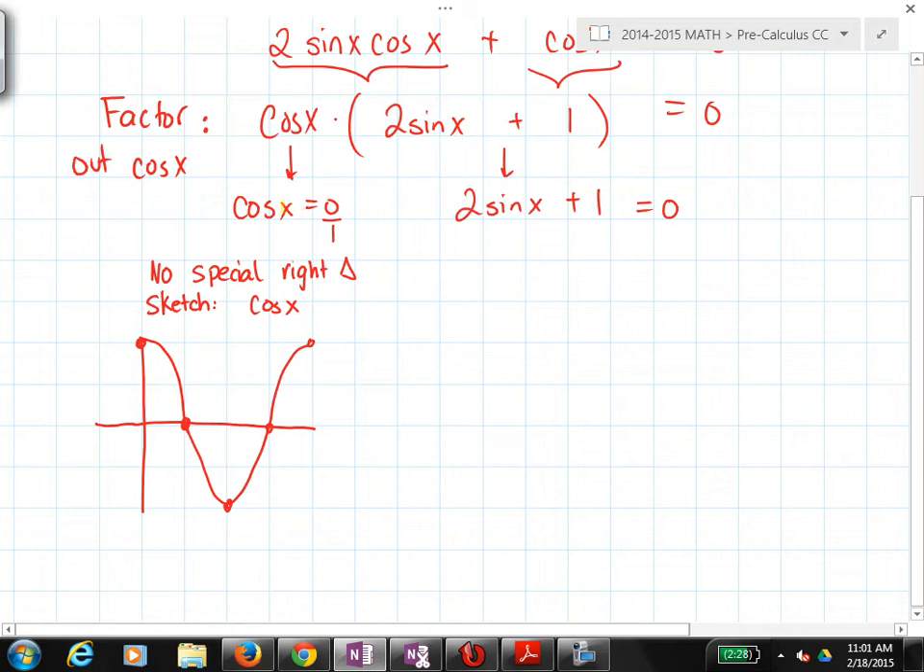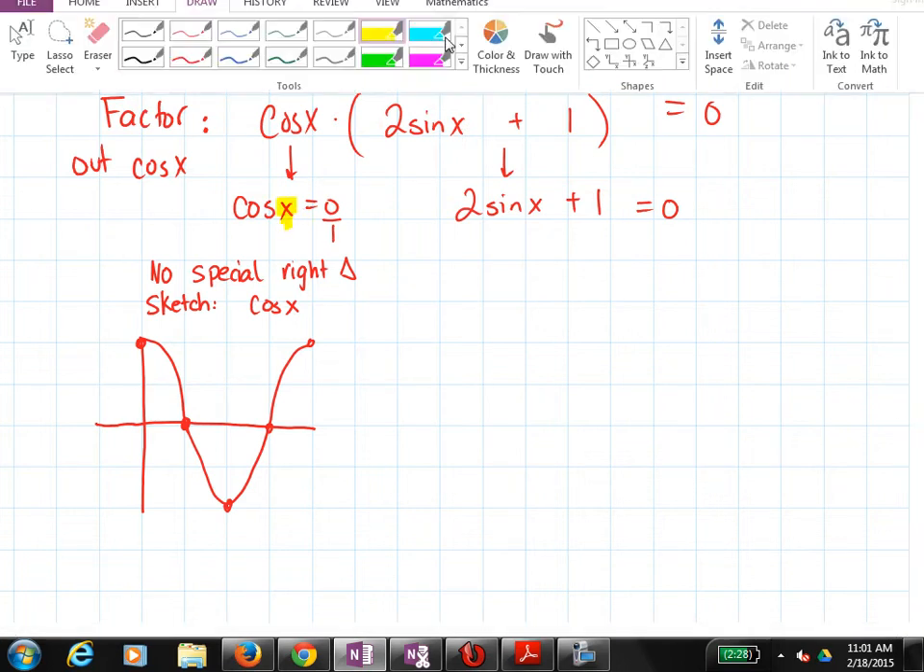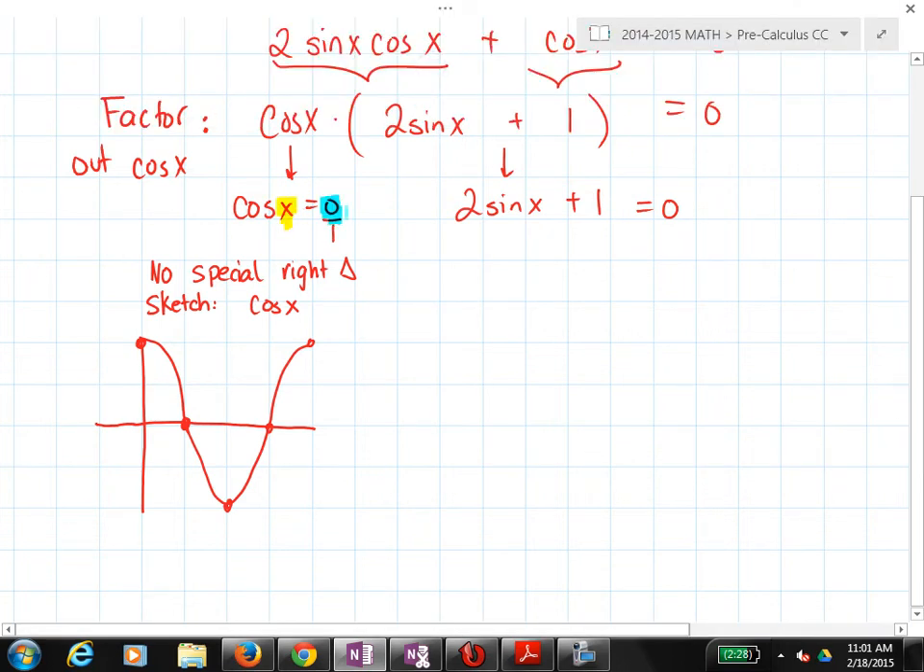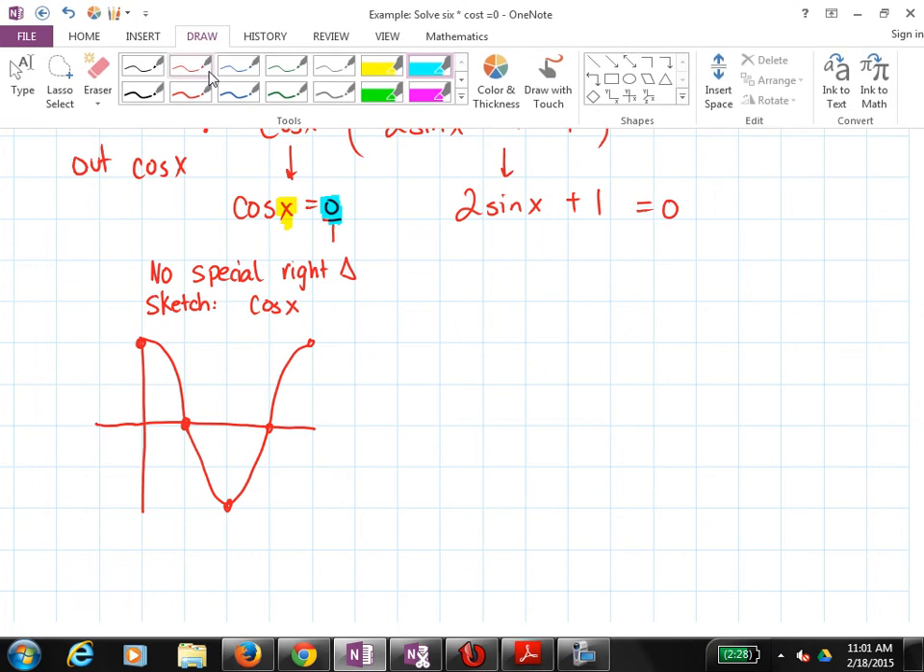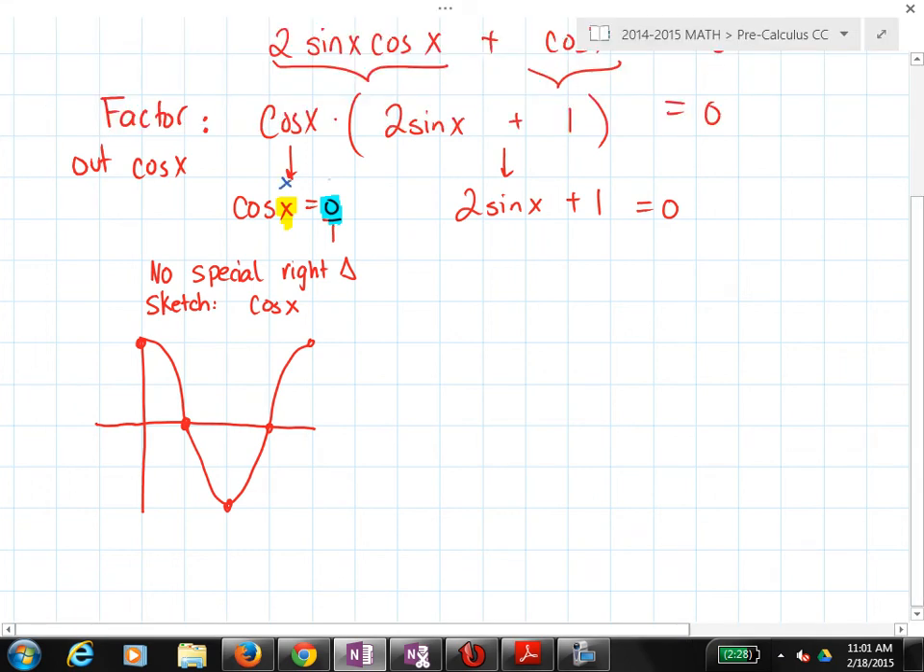So this one, notice this is what we're looking for. This right here is my y value. So again, here's the x, here's the y. So when I'm solving this, I'm trying to figure out what is the x value when y is equal to 0. Remember, on your graph, this is y, this is x. So if I go to this graph, where is cosine or the y value equal to 0? At pi over 2, and